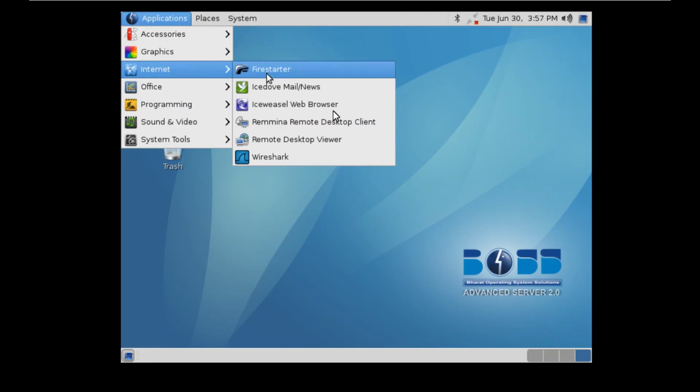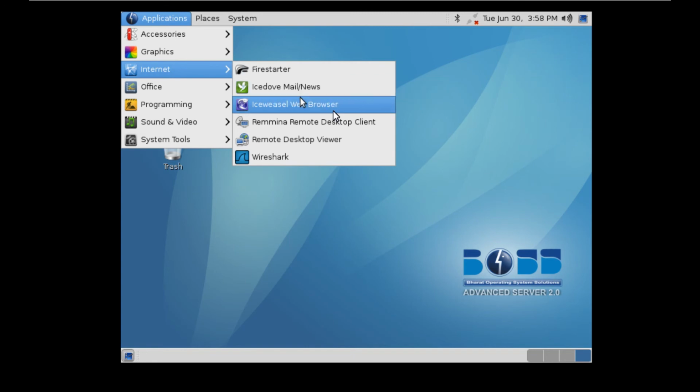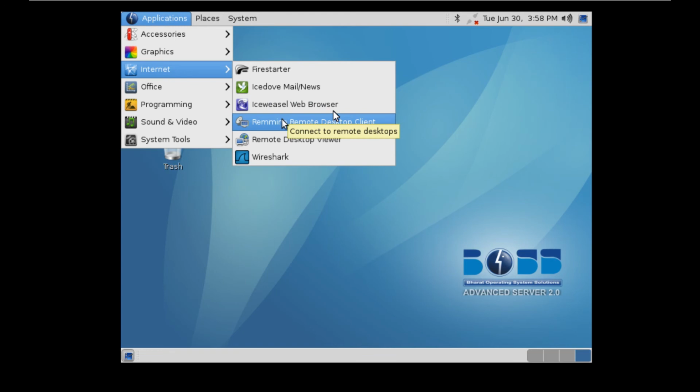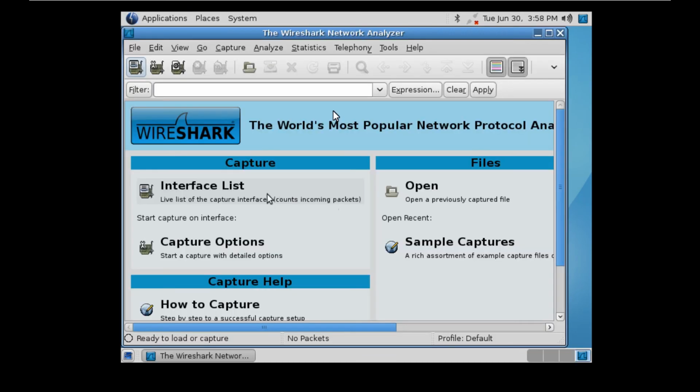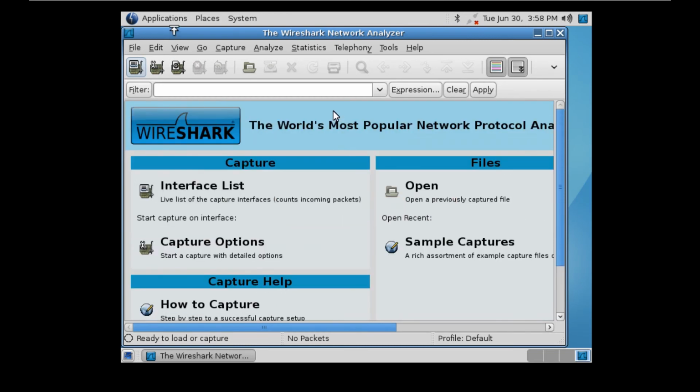Now let me show you some other application. Wireshark. You can see the whole description in that, what it will actually do.